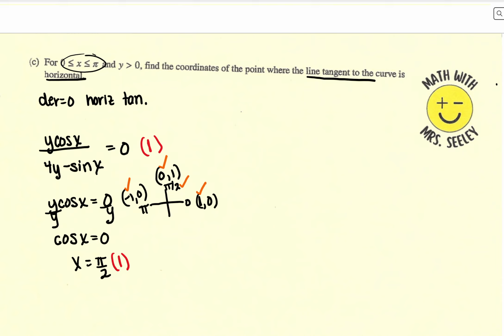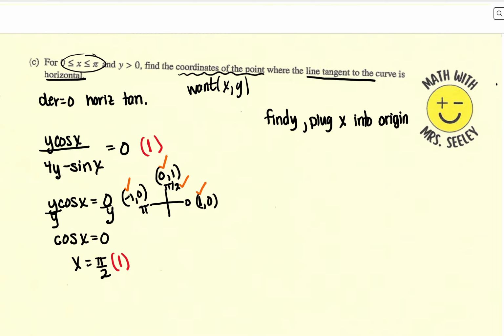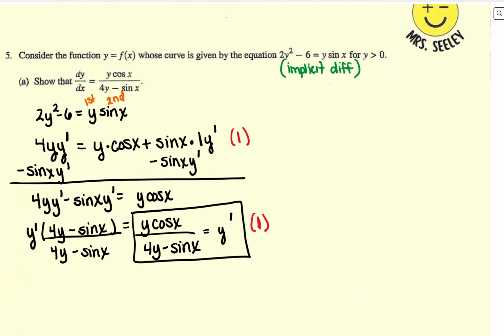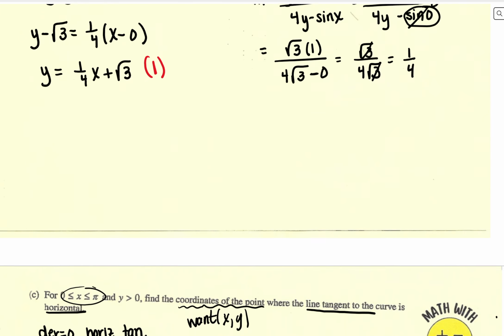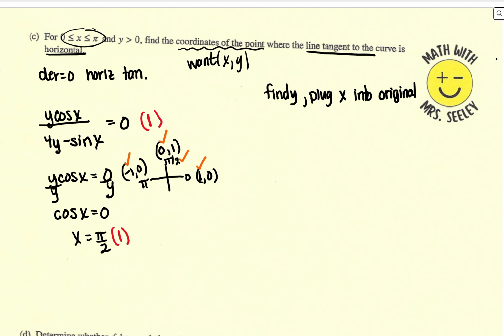Now, notice it says we have to find the coordinates of the point. That means they want an x comma y. We have just found x, but we need to go back and find y. So to find y, you're going to plug your x into the original. Take this x that you just found, which is pi over 2, and plug it back into the original, right there. So we'll come back here, and when we plug that in,